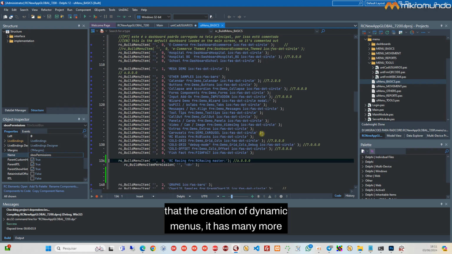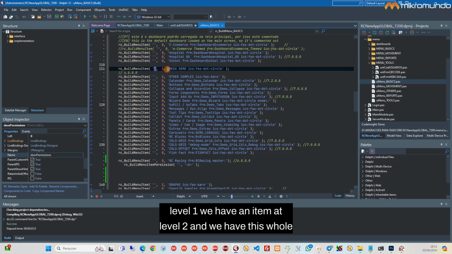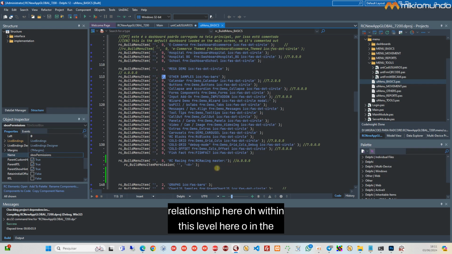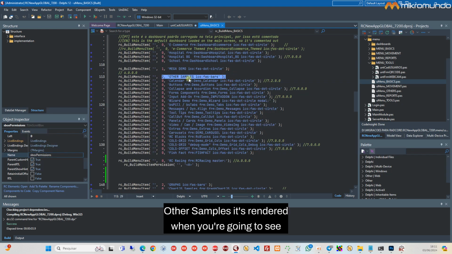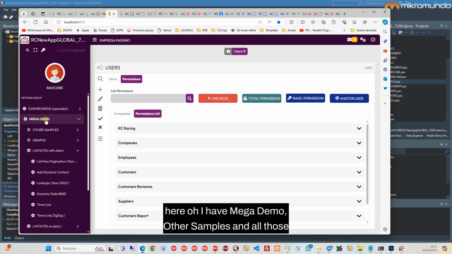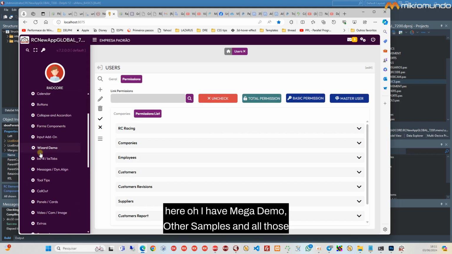just a few items, but all these items are contained in the RadCORE documentation, explained parameter by parameter. As you can see here, we have an item at level 1, we have an item at level 2, and we have this whole hierarchy within this level. In the other samples it's rendered as you're going to see. I have the mega demo, other samples, and all those items that we released are set up here in a